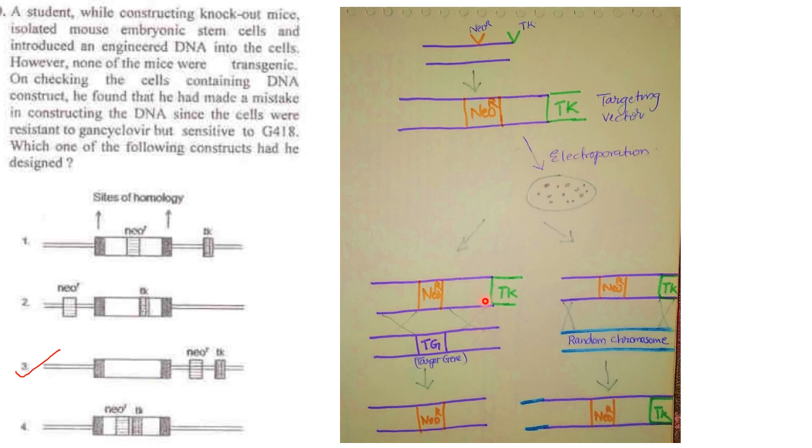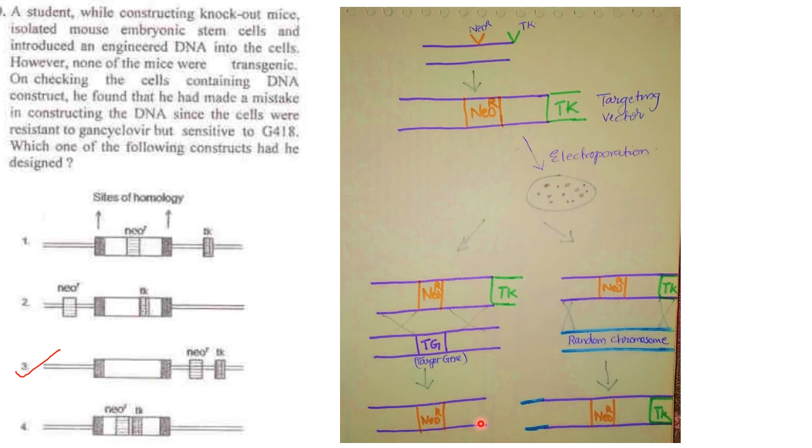It combines with the target gene using homologous recombination at homologous sites. That is, these are the homologous sites. These blue ones are the ones which are flanking the neomycin resistance gene. These are the homologous sites. This is the target gene. These are the homologous sites of the target gene. So they will undergo homologous recombination at these sites, and in place of the target gene you will get the neomycin resistance gene. TK will not be present in the